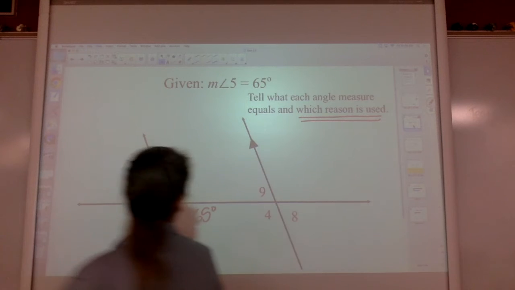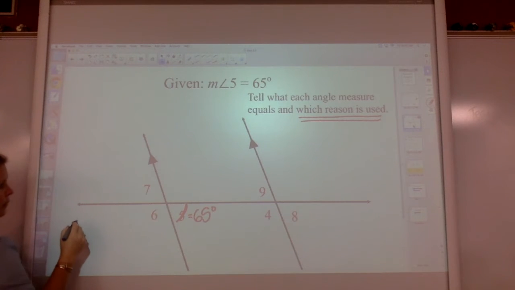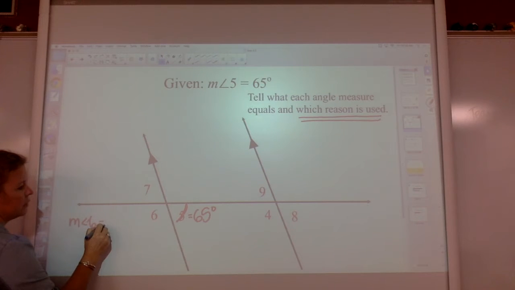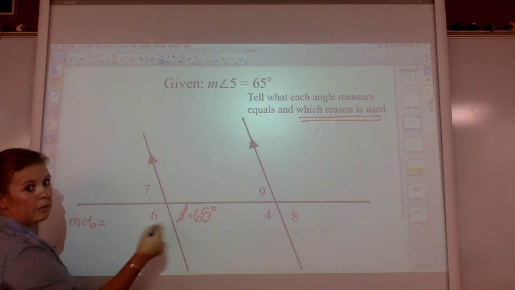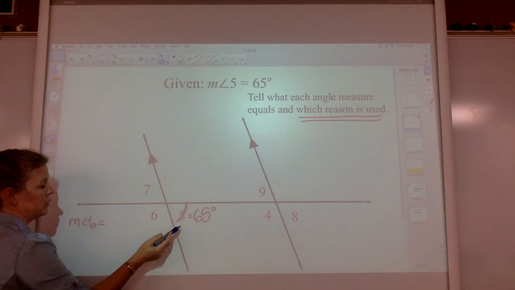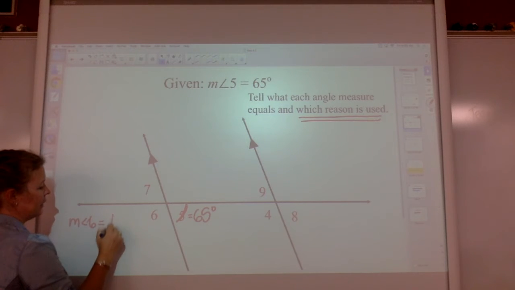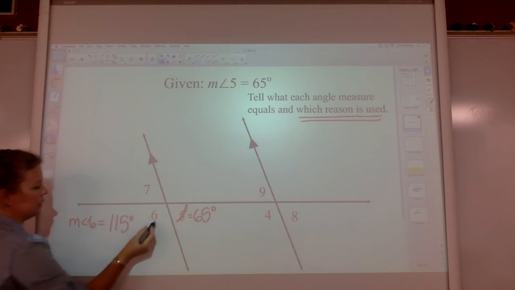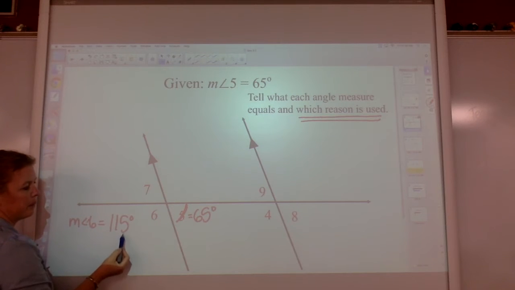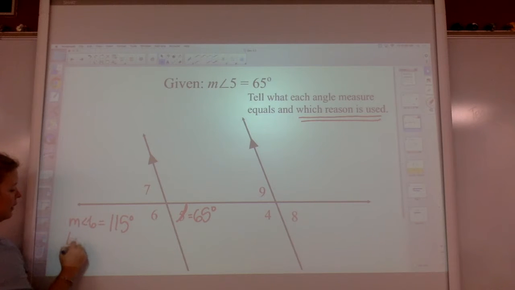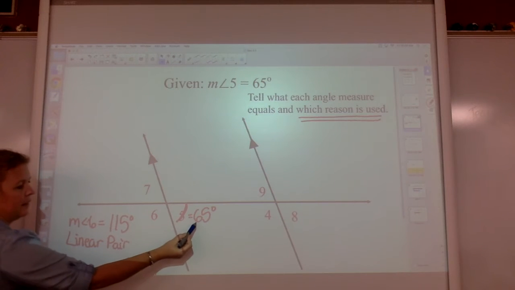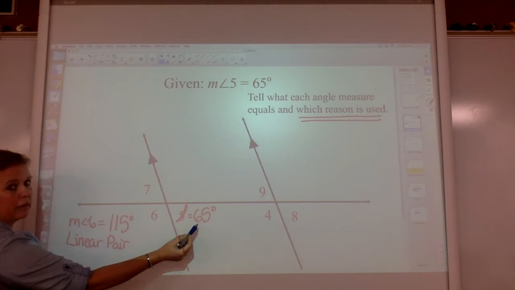When we go to angle 6, you're going to say, probably make a list of it over on the side, measure of angle 6 equals, we know this is a straight line. We know that's a linear pair. That's not from this chapter. It's from last chapter, but you still have to use it and carry it over. We know that adds up to 180. Therefore, measure of angle 6 is 115 degrees. Okay? Fair enough. That is true. 115 degrees. How do you know that? It is a linear pair